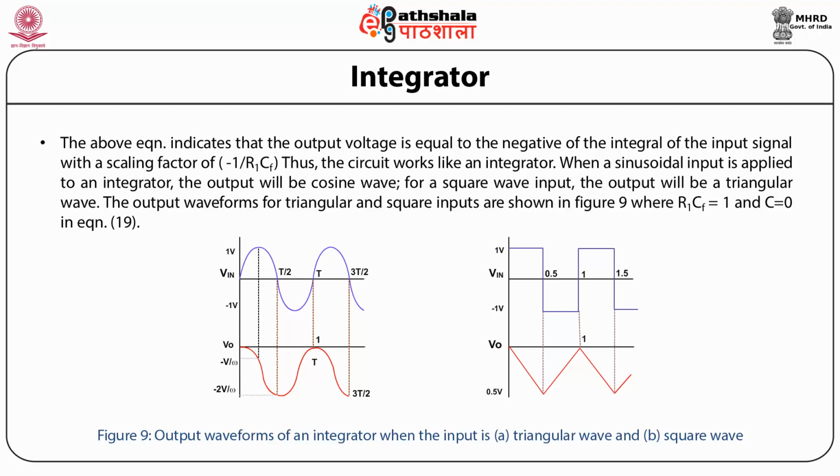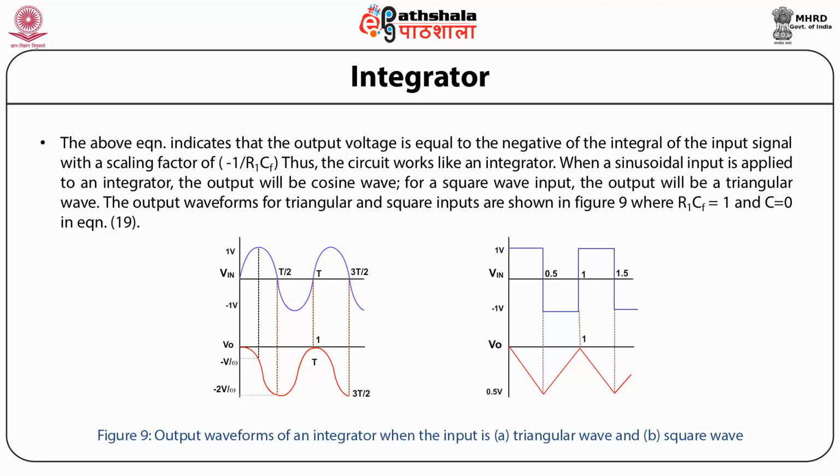Thus the circuit works like an integrator. When a sinusoidal input is applied to an integrator, the output will be a cosine wave as shown in the figure. For a square wave input, the output will be a triangular wave which is shown in the figure. Here in the figure, we have assumed that R1 Cf is equal to 1 and C is equal to 0